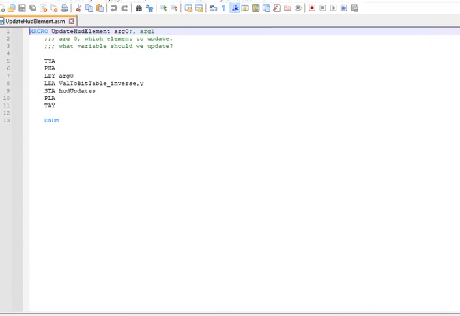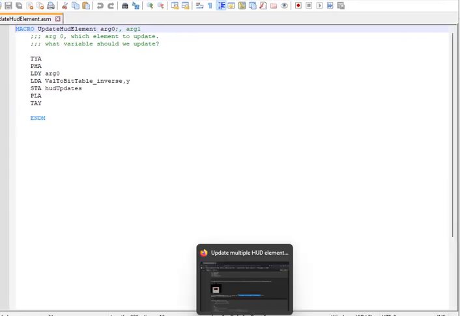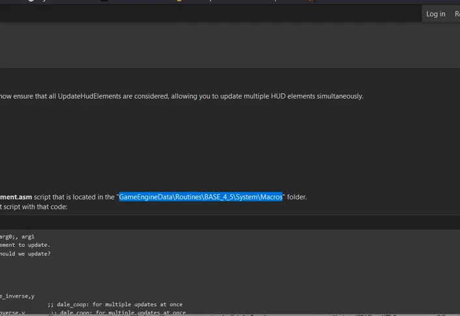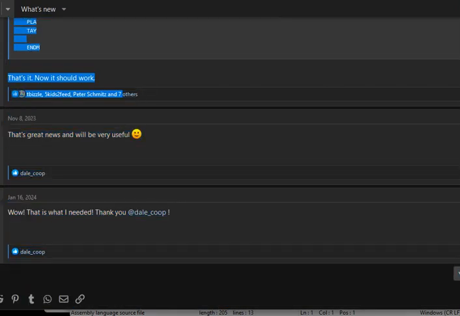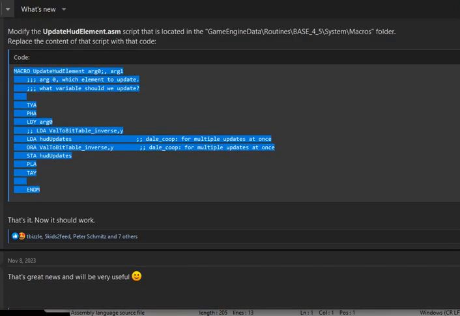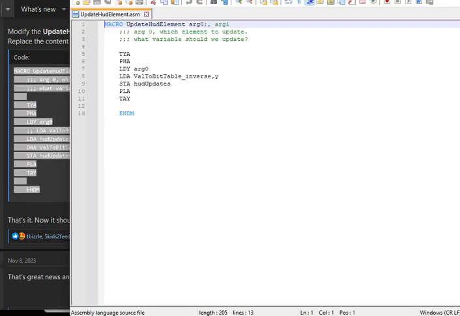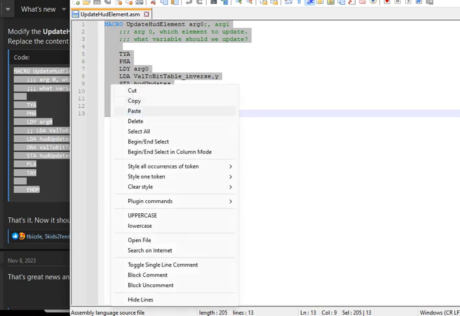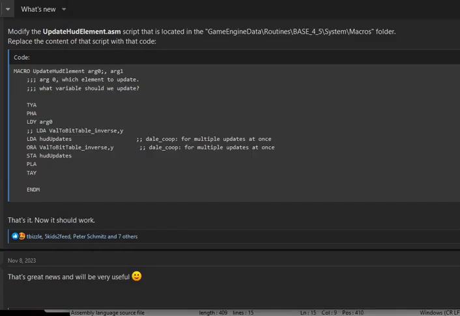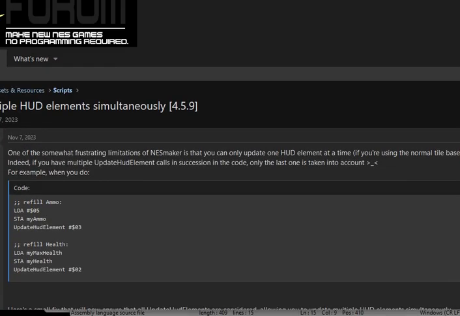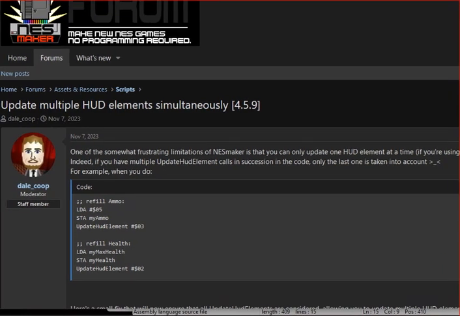You can back it up if you like. Replace the script with this script. That's it. That's what you need to do to make them update both at the same time.